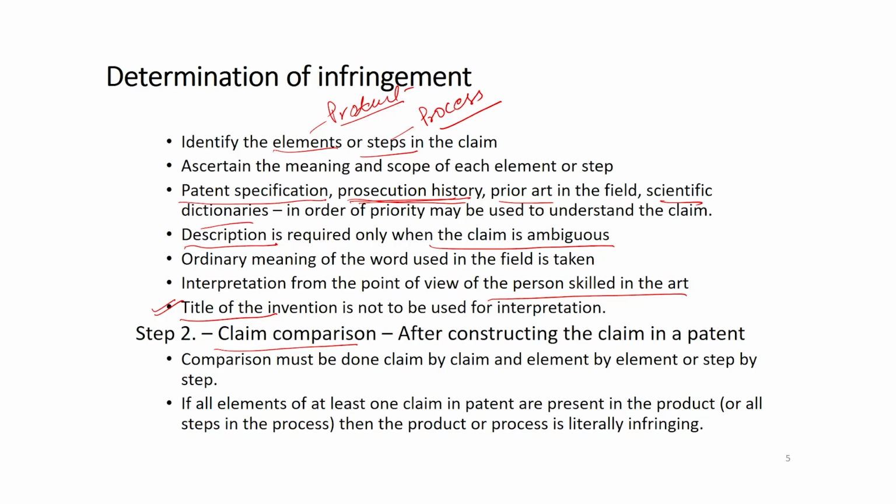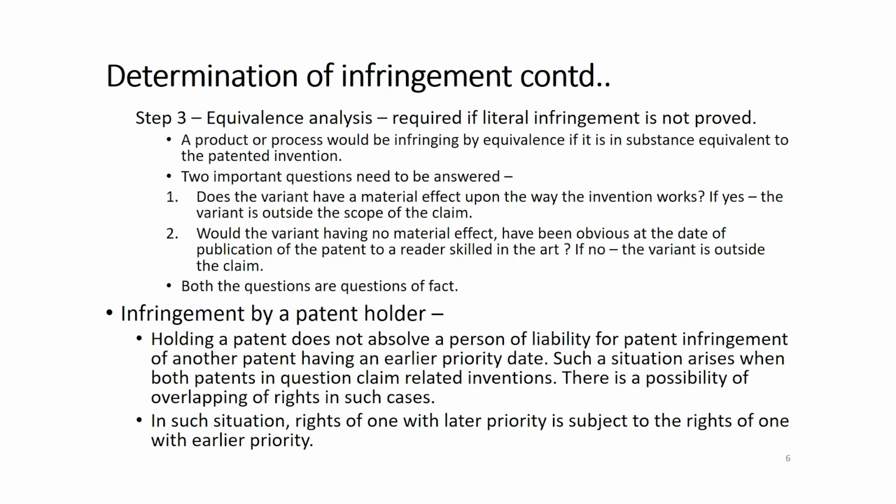And if all the elements of one of the plaintiff's claims are found in defendant's product, if all the steps of one of the plaintiff's claims are found in defendant's process, it is a case of literal infringement. And if that is not the case, it may be a case of infringement by equivalence. So, therefore, in step 2, if literal infringement is proved, my inquiry is over. But if literal infringement is not proved,